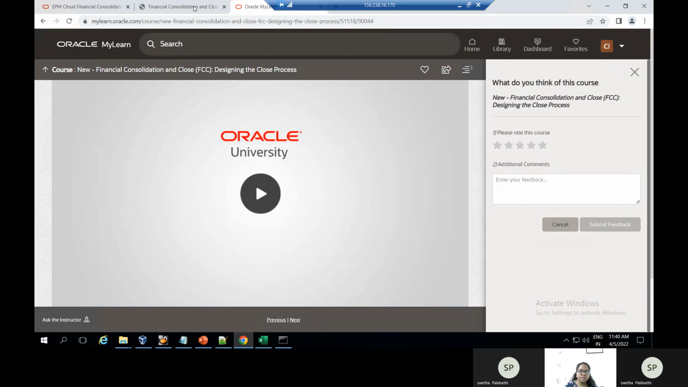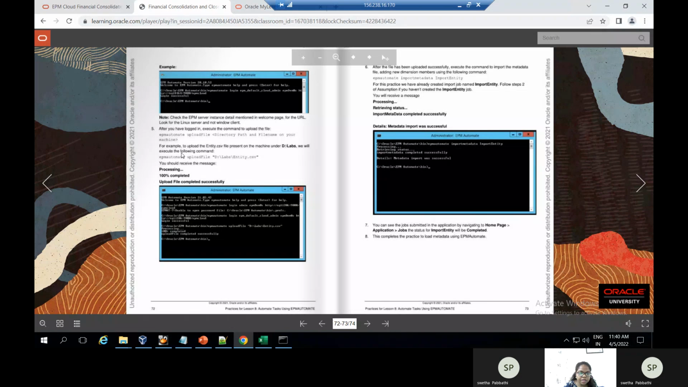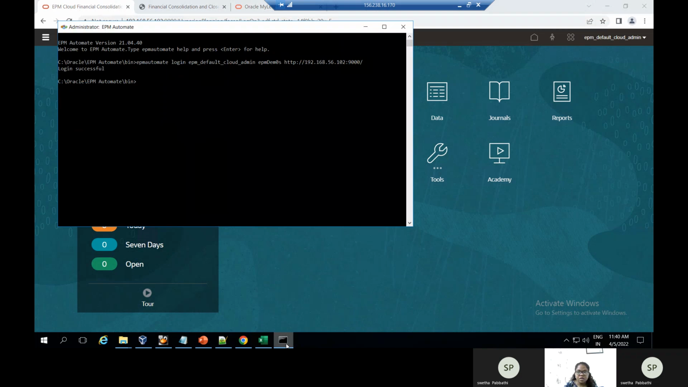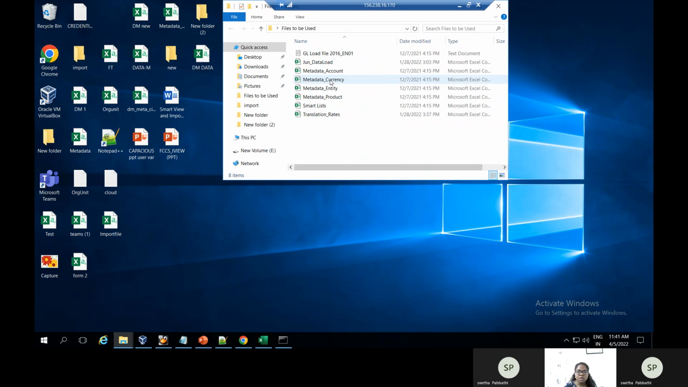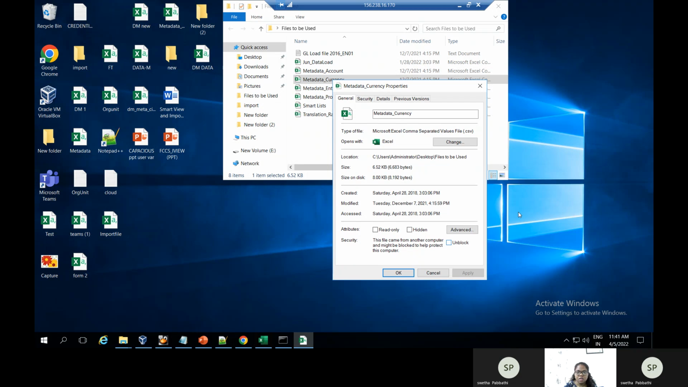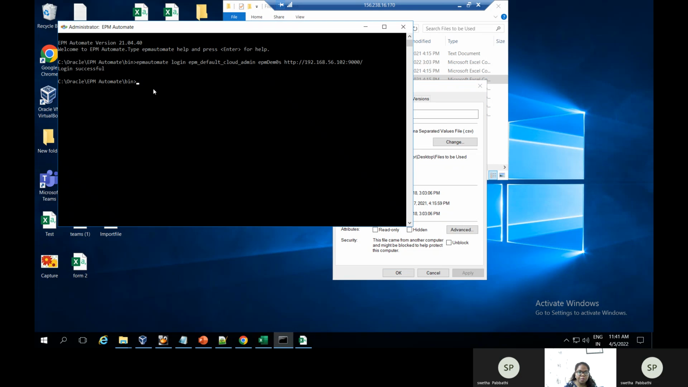And in the activity guide, we'll upload the file for this. For uploading the file, I have a file, and I want to upload the currency properties, and we'll select the location. For uploading the file, the command is epmautomate uploadfile. Upload file, and in inverted commas, we'll give the path and slash